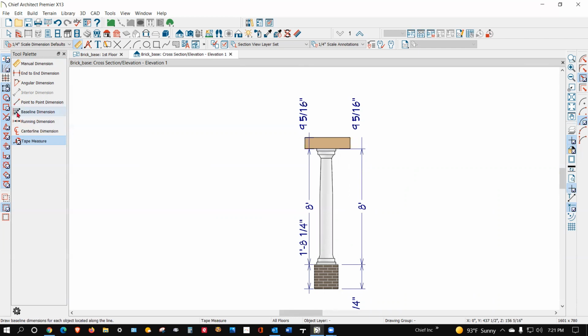This tool is for plan view. You've got to just play with it and see what it does. I don't use it very often, but I have used it sometimes. And also this one here, these are variations of each other, and they're plan view tools. I've never used them in an elevation, but I suppose I could. I just haven't wanted to. That's about it on the dimension tools